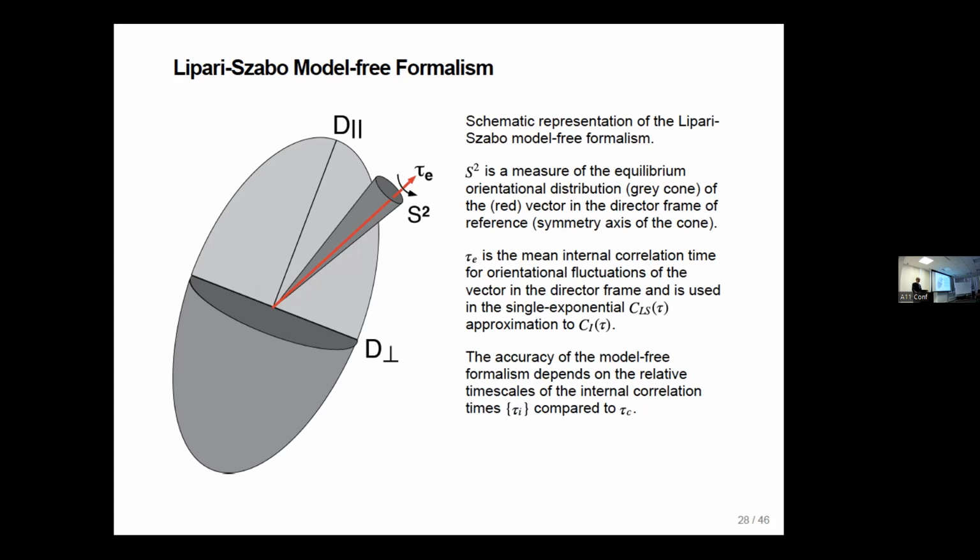Is it a 2-site hop? Is it a 3-site rotation? Is it continuous diffusion on the surface of the cone? And the NMR relaxation data in solution is not going to give you much information about that. That was one of the great insights of the original Lipari and Szabo